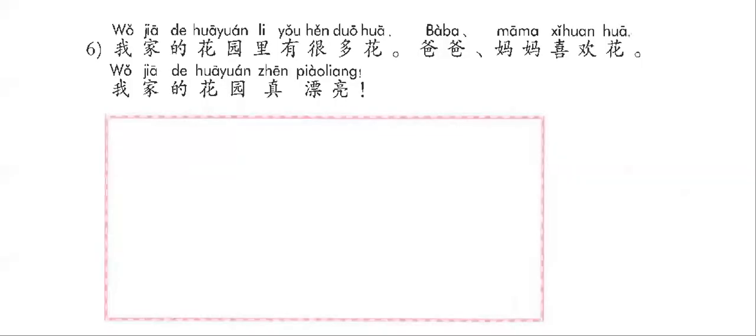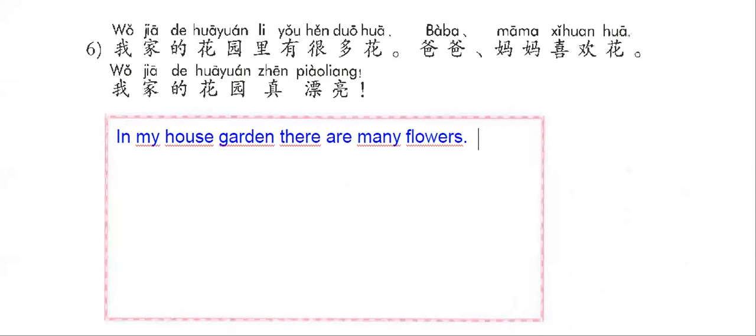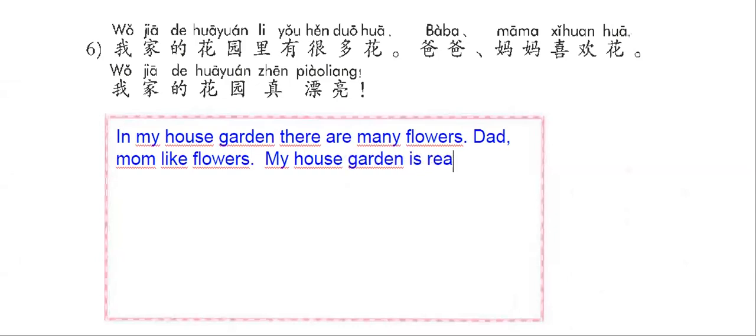The next one, number 6, okay? 我家的花园里有很多花。We can say here, in my house garden, there are many flowers. 爸爸妈妈喜欢花。Dad, Mom like flowers. 我家的花园真漂亮。My house garden is really